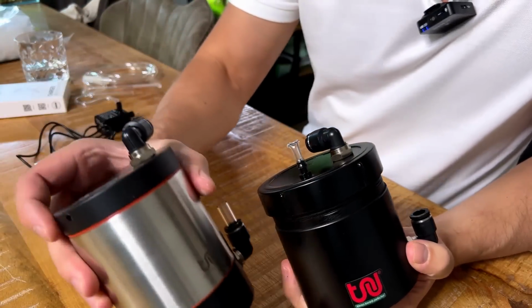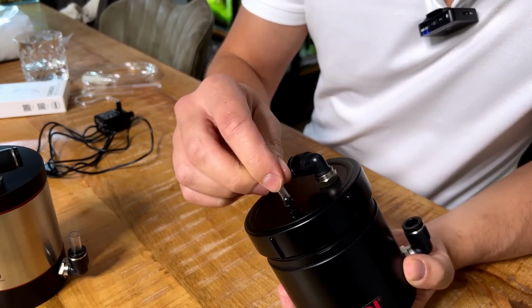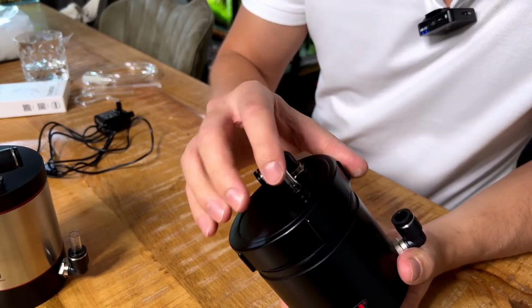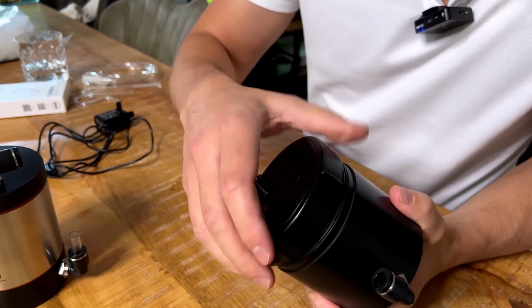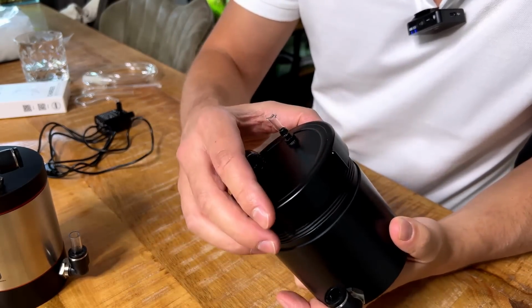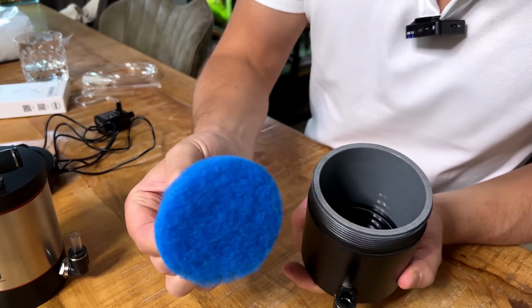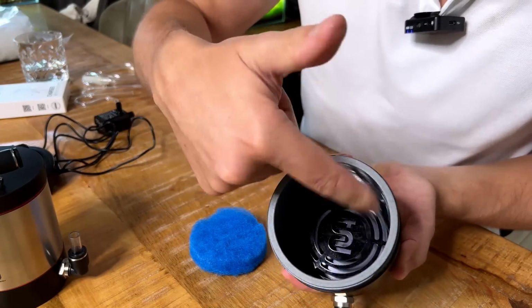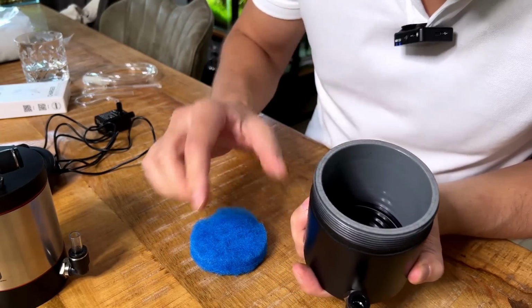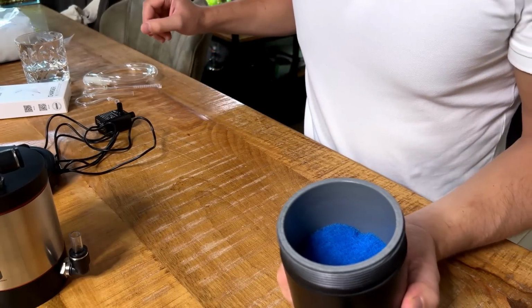I mean, the stainless steel looks nicer, but this one actually also has an option to add some CO2 in here. So that's pretty cool. So the CO2 just gets added in here, and then it gets mixed in with the pump basically. So that's pretty cool. So it already comes with some media inside, just a little filter floss. There's a little grate in there as well. So we add this back in, and then I just have a little bit of